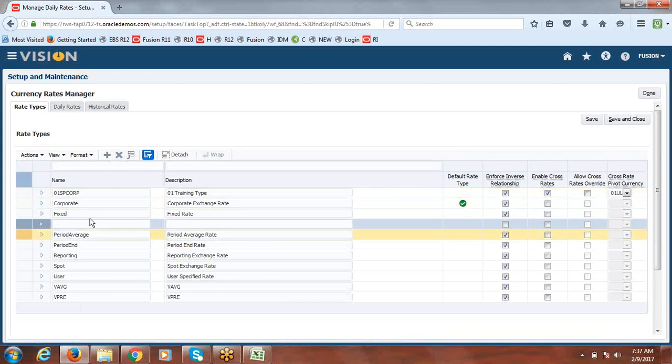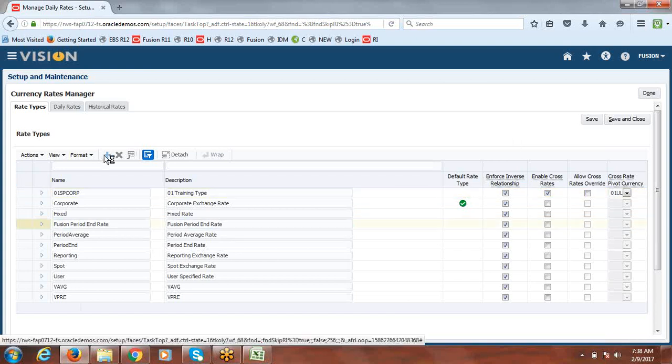You can give the name, say Fusion Period End Rate, and enable the checkbox Enforce Inverse Relation, which means it will create the vice versa rate.